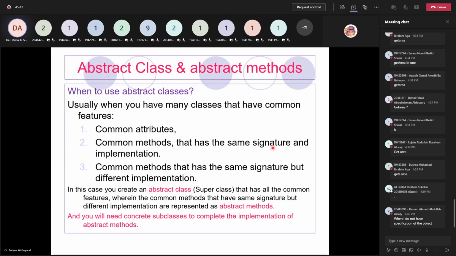Sometimes it has the same implementation, like when we use get color, but sometimes it has the same signature but a different implementation, such as the get area and get perimeter. Okay, and in this case we create an abstract method and each child creates its own implementation. Okay,